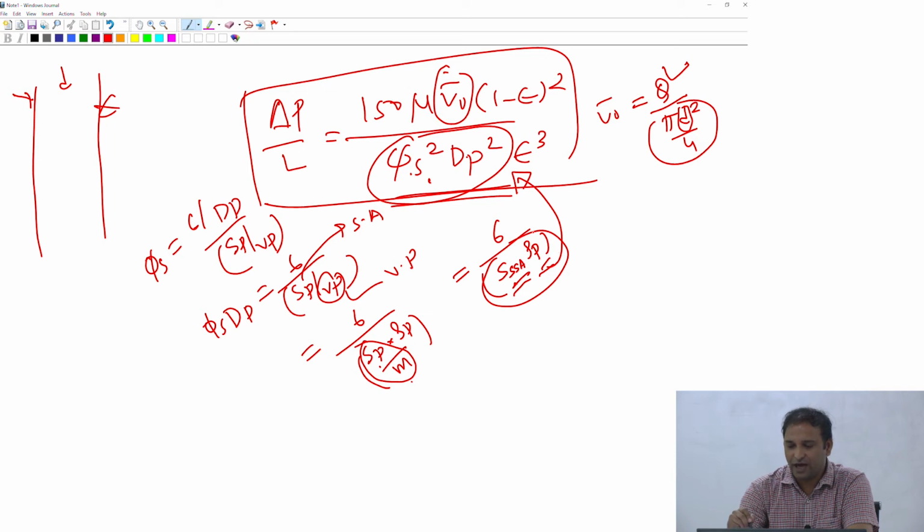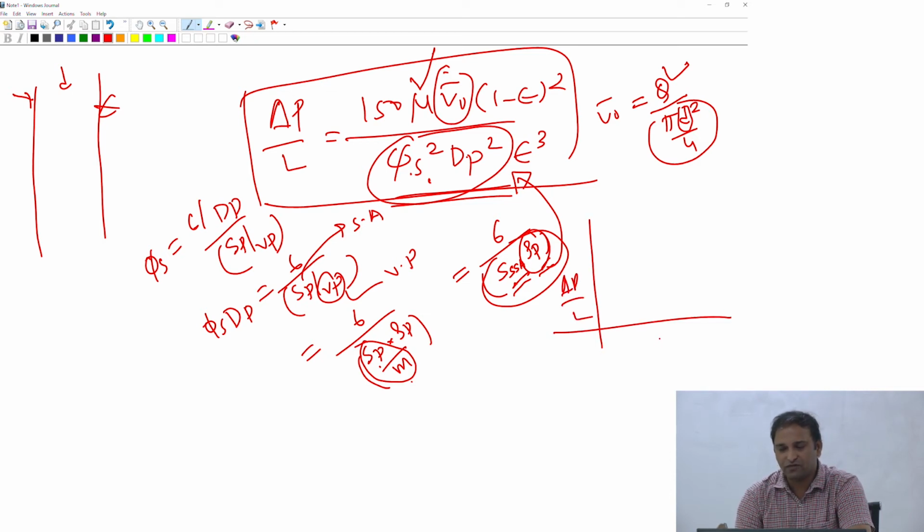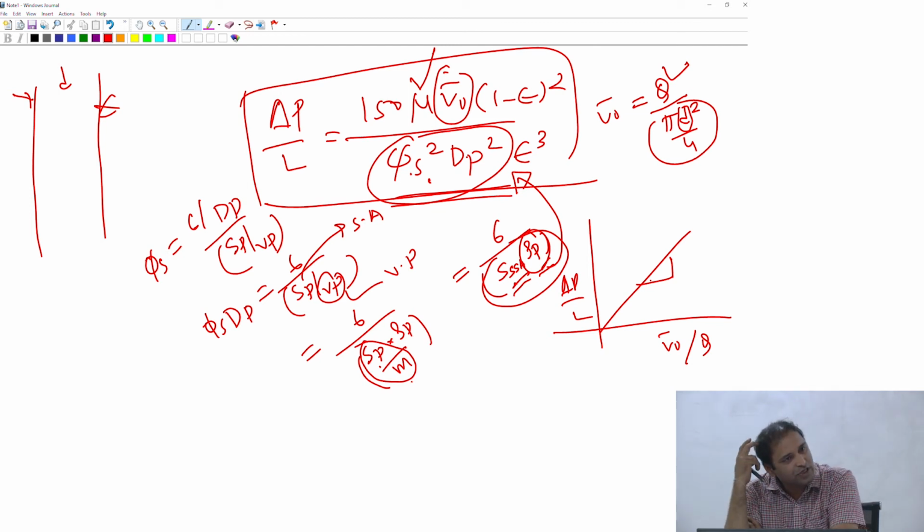If I know that I'm using a fluid of a particular viscosity, and if I have a way of measuring rho p, which we discussed in one of the classes using what is called the solution densitometry technique, then again a similar plot: delta p by L as a function of either V naught bar, V bar, or Q if you want to do it. From the slope I can back calculate the specific surface area, which is a useful quantity, especially in applications like catalysis where the surface area becomes important. It is one of the parameters for which you would have to characterize the particle, and